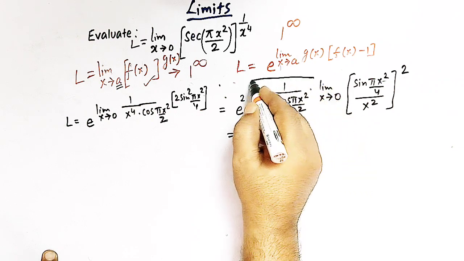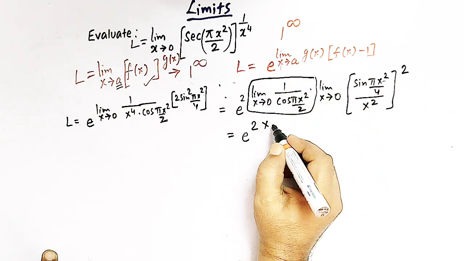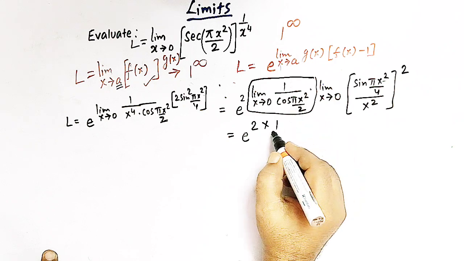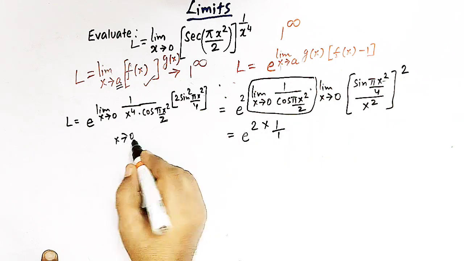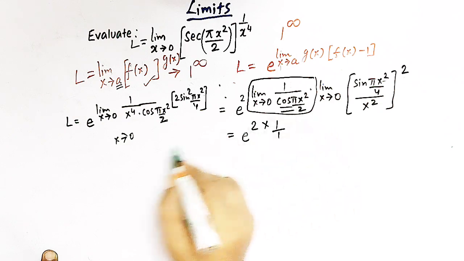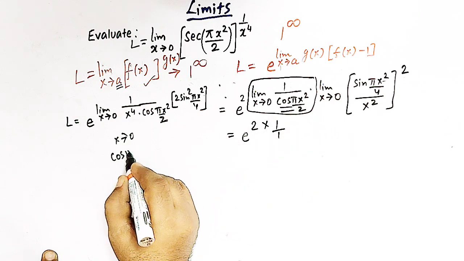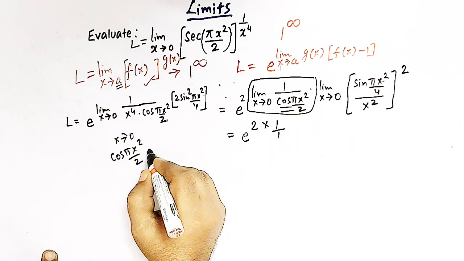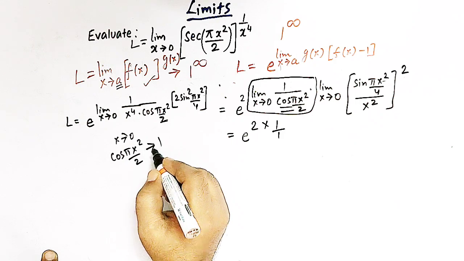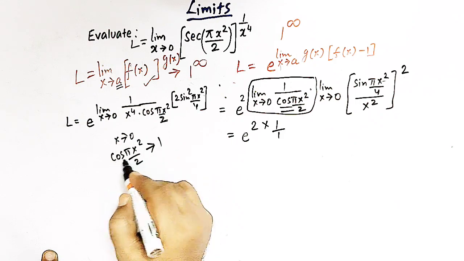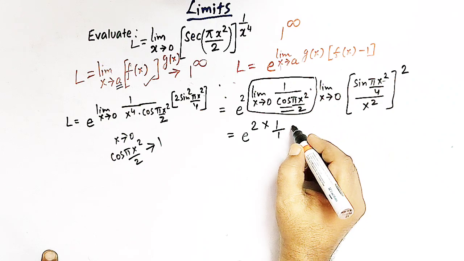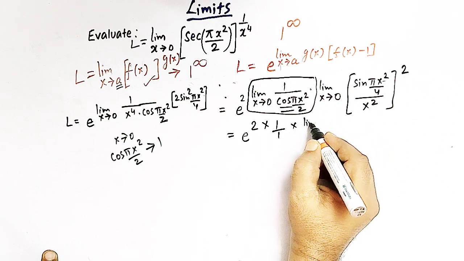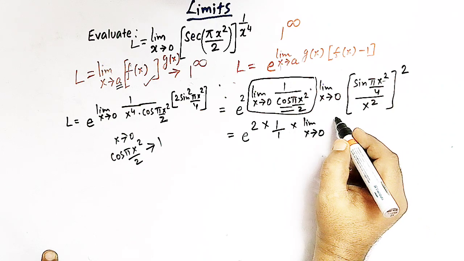Now this limit is equal to 1. Because here we have x tends to 0, so when x tends to 0, this term, that is cos pi x square over 2, tends to 1 because x is 0, so cos 0 is 1. So we have 1 over 1. And here we have limit x tends to 0. Now let us